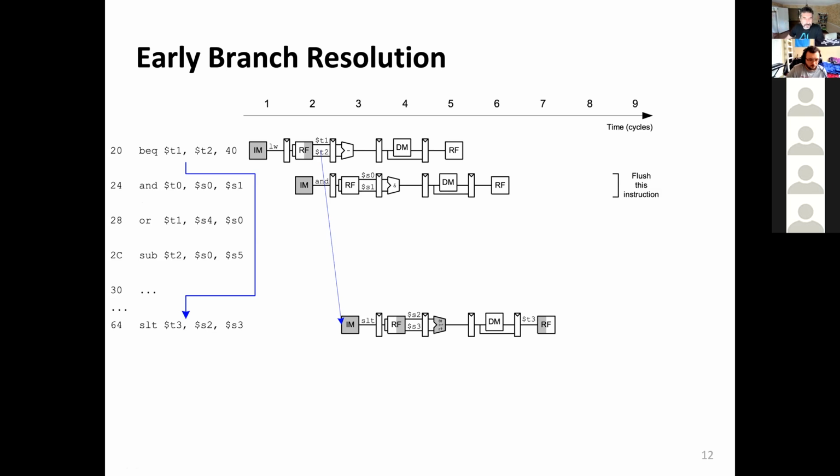enter the pipeline, because we know this decision at the end of the cycle, but at the beginning of the second cycle, we need to add this instruction to the pipeline anyway, right? Because we don't know the value of this decision at the beginning of the second cycle. We know it at the end of this cycle, right? As a result, we need to pay one penalty instead of